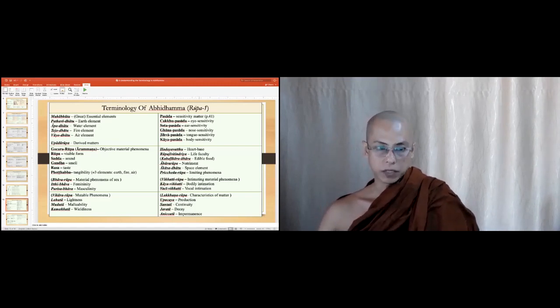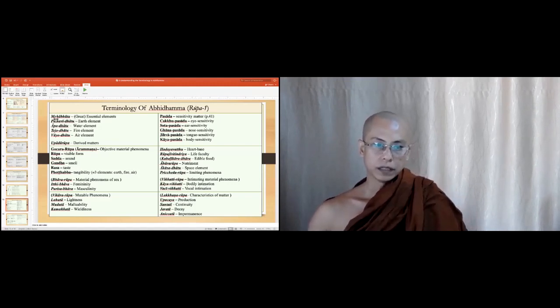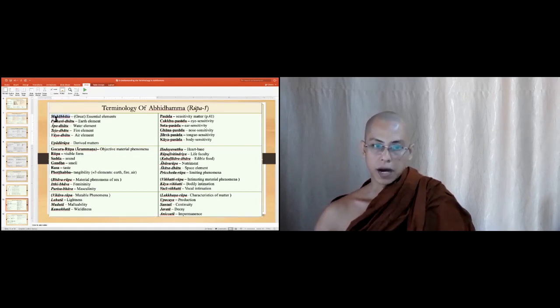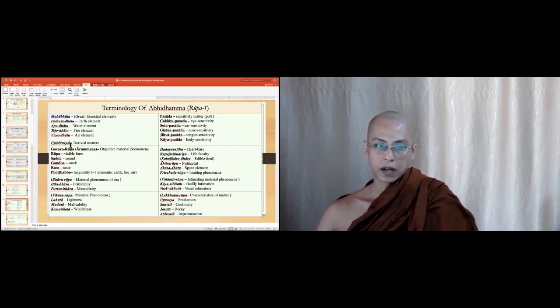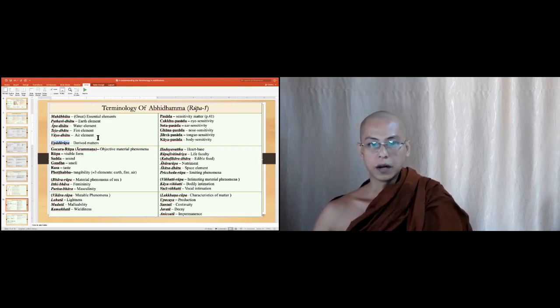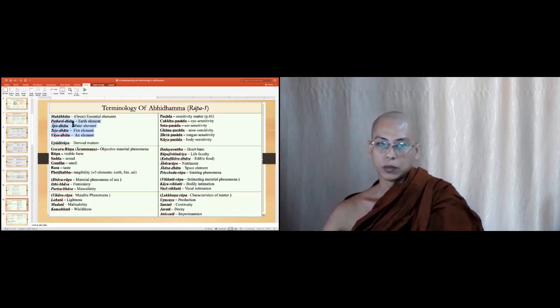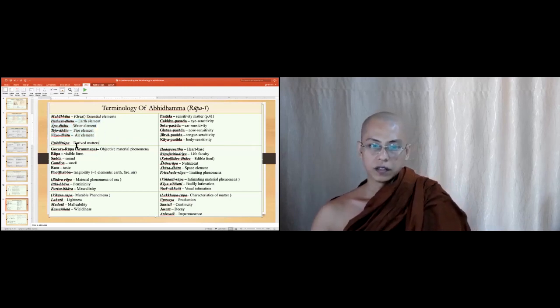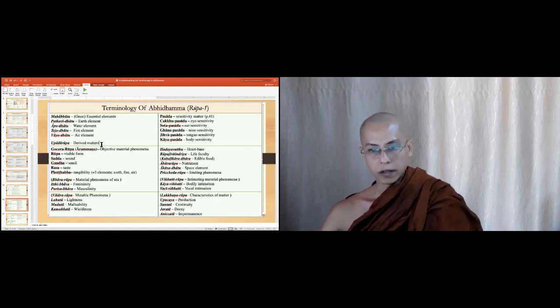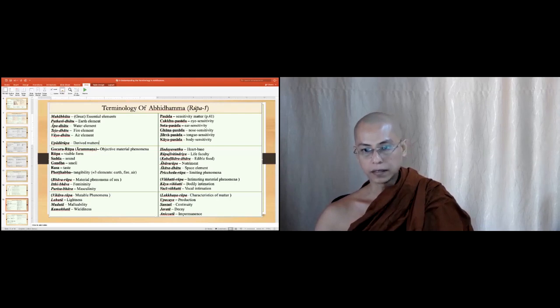It's called the Rupa chapter. About the Rupa, we can classify into two roughly. Mahabhuta, great essential elements, these are four. And Upadaya Rupa, or derived matter. You may already have learned about the Mahabhuta: Pathavi Dhatu, Apo Dhatu, Tejo Dhatu, and Vayo Dhatu. Then the rest, Upadaya Rupa, are 24 in number. Among the Upadaya Rupa, you will find the Pasada Rupa, sensitivity matter.